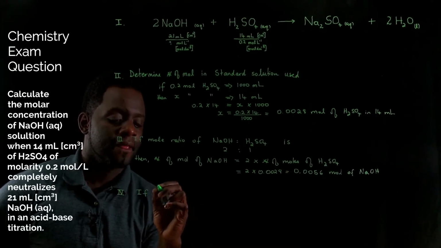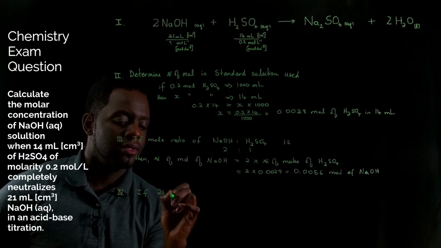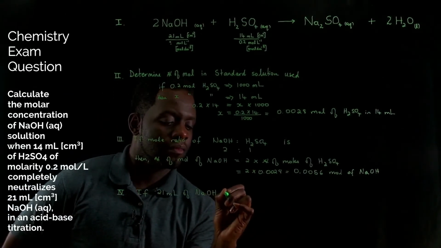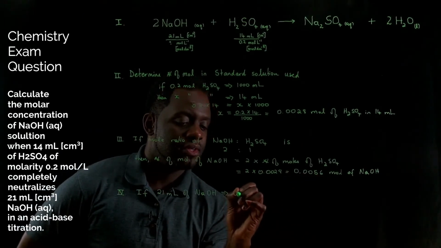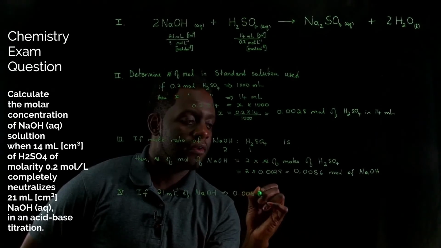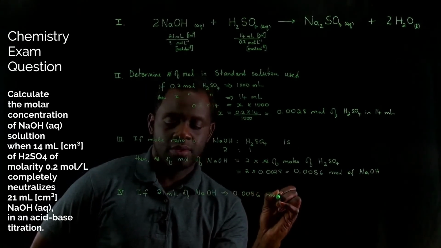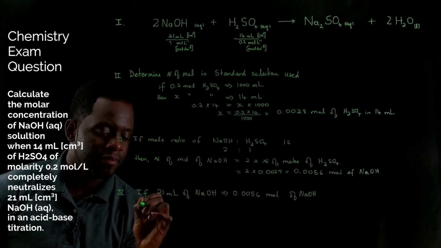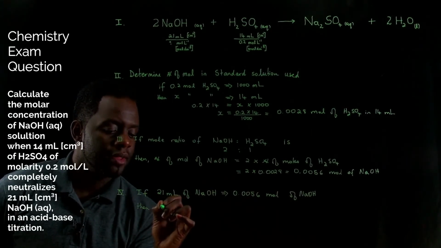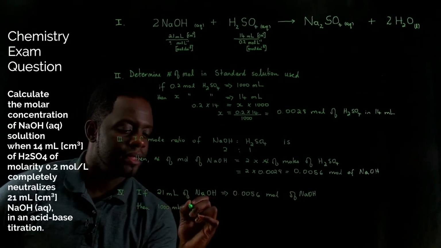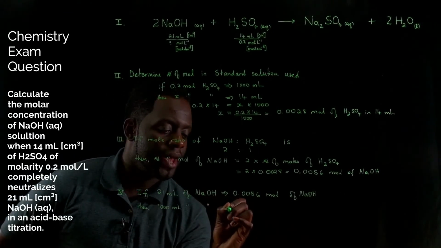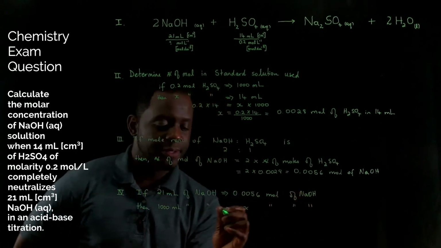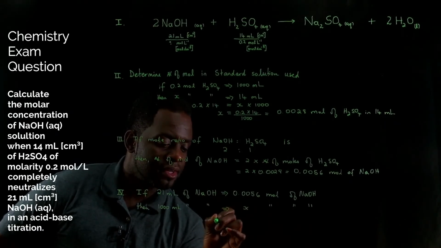If 21 milliliters of sodium hydroxide has 0.0056 moles, then 1000 ml will have an unknown number of moles of sodium hydroxide, making X the subject of the formula,